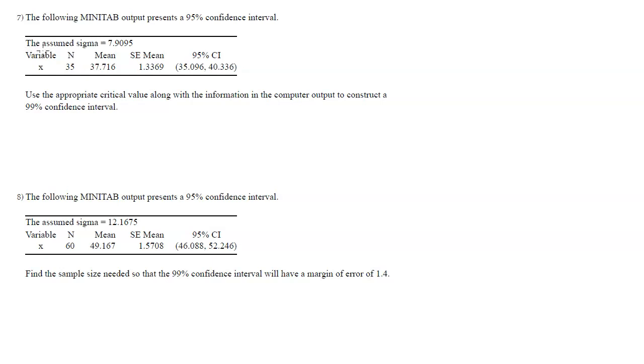The first piece of information we're given is that it presents a 95% confidence interval. The assumed sigma, when we see assumed sigma, refers to the population standard deviation. Sigma is 7.9095. The variable is x. N is, of course, the sample size. Mean here is our sample mean. This information is based on a sample, right? The sample size is 35. The sample mean, x bar, is 37.716. And the standard error of the mean,